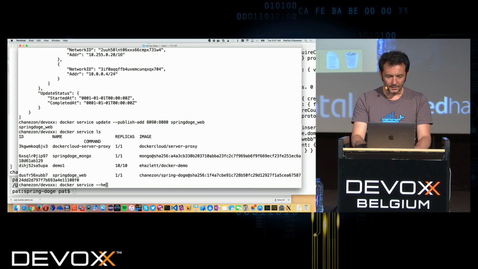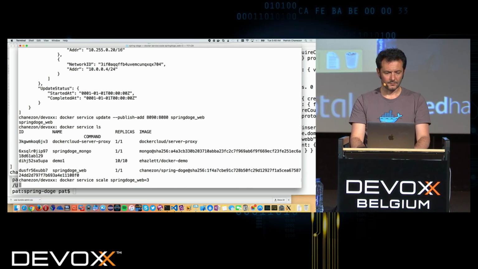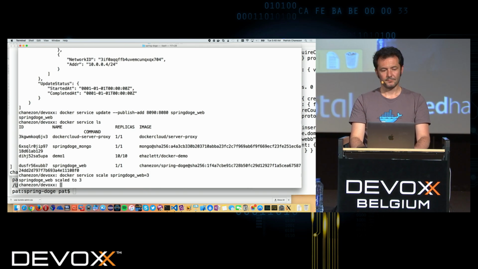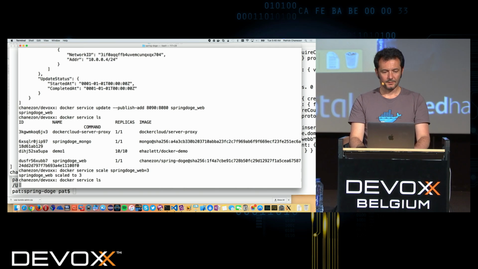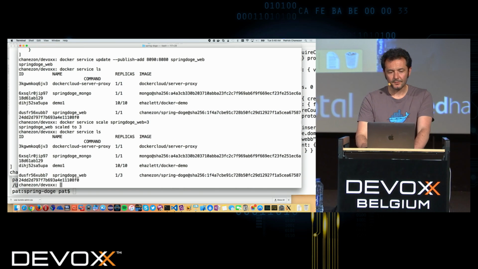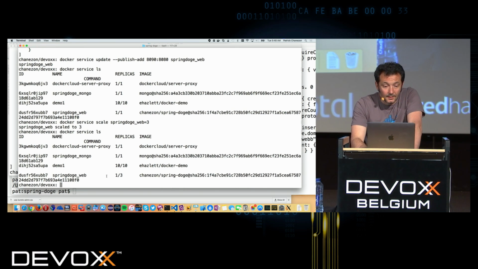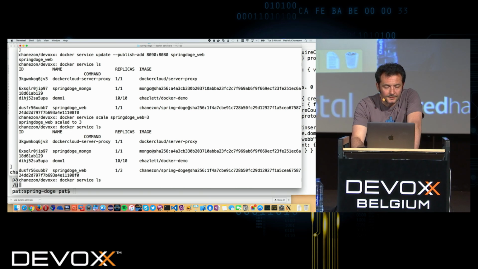I don't remember. I think it's a Docker service scale. Let's scale the Spring Doge web. I don't remember the syntax. Maybe like that. Yeah, that works. So now I'm scaling my service, and I should see the number of instances going up.